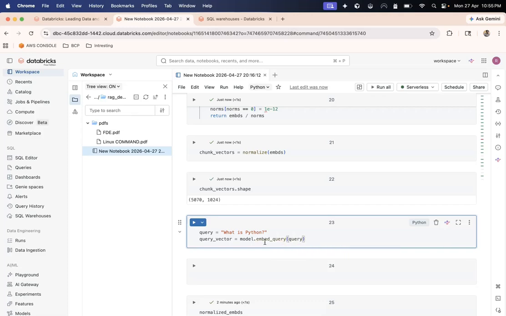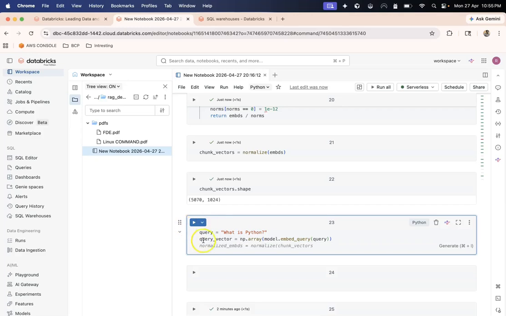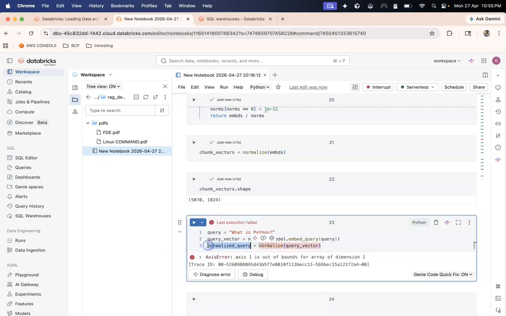After that I might have to wrap it inside np.array. After taking this query, I can get the normalized query using the same function on the query vector, and let's see what we get.